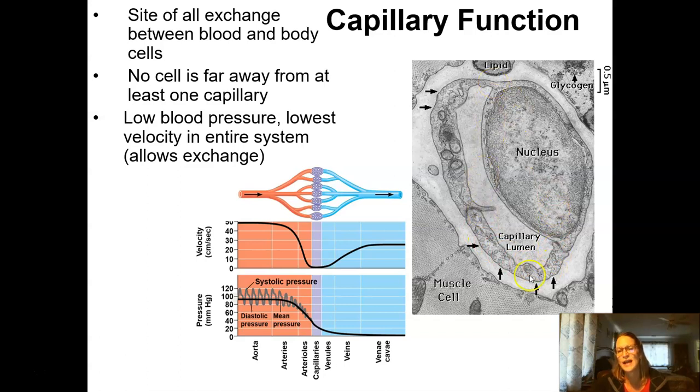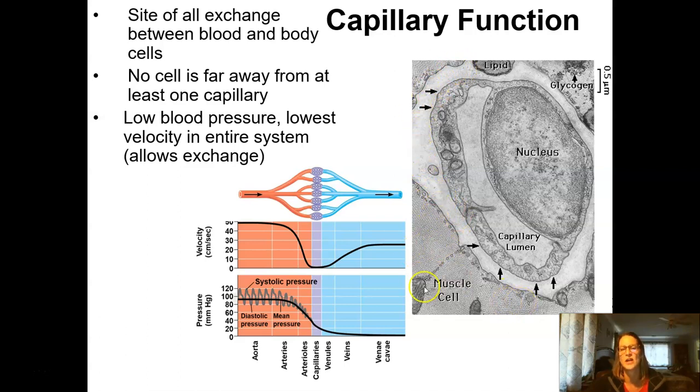It's showing two cells, two endothelial cells. Here's one right here, and here's another one. For this one, you can actually see the nucleus. And here's the inside of the capillary where the blood cells would be. Here's interstitial fluid. So this is the area where there's some liquid that's surrounding the vessel, and then here are